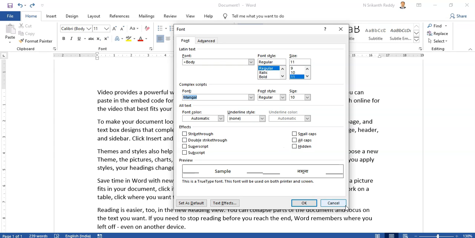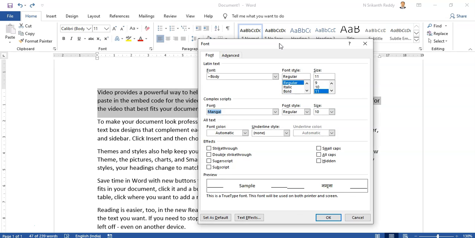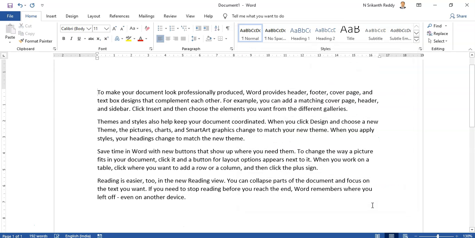So you can use these features, but as I have told, you have to select and then use this feature. For example, one interesting feature I will show you. Select this text. I want to hide the text. So what you can do is Ctrl D, and you can click on where it says hidden. Okay, here you can see there is something called hidden. Now once I click hidden and press OK, the text is hidden.